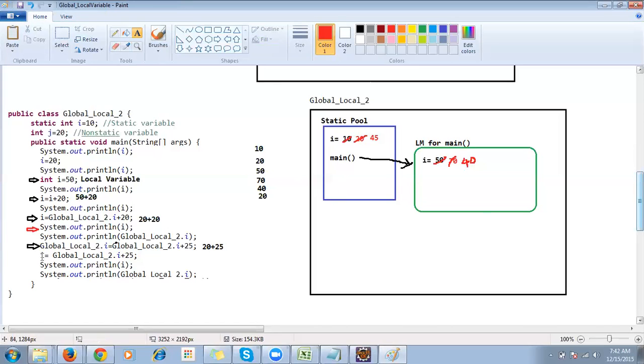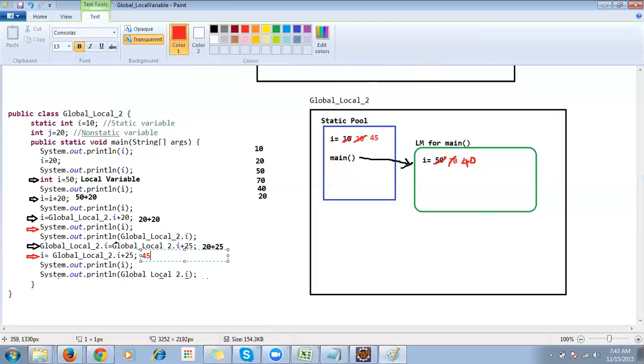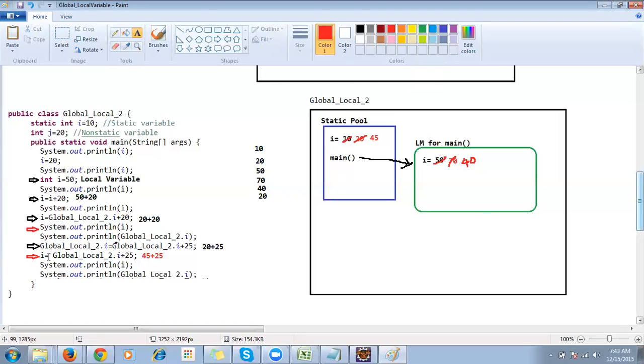Okay, so next, now Ramu, can you tell me what will happen right now? Right now we are here. i equals global: it will take the global value that is 45, add 25, and store it in LM, local memory. Perfect, correct. So this will be 45 plus 25. Then I'm storing it where? In the local memory. Correct, because when I refer with only the variable name, the search goes to the main memory. So in main memory we have the i variable, so that 40 will now be replaced with